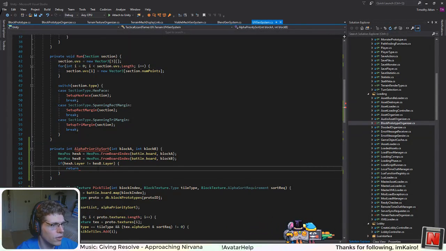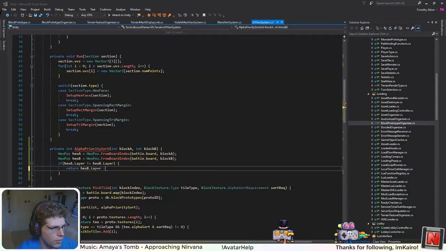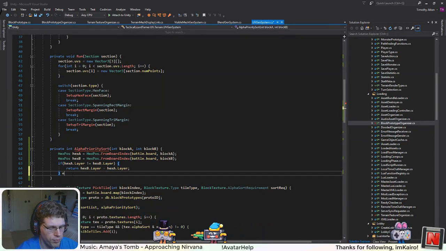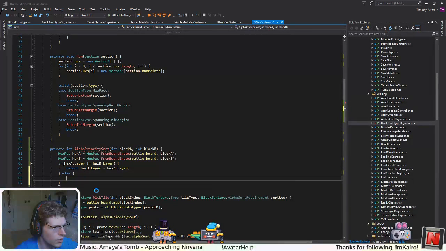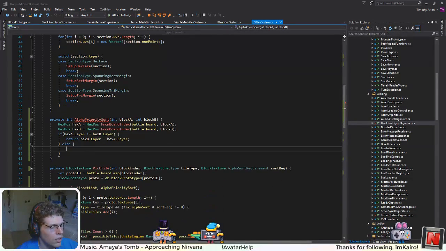Anyway, so it sorts ascending, so we want whichever one has the higher layer to appear first in the list, so I need to subtract hex b dot layer from hex a dot layer, because if a is higher, then this value will be negative, which means it will sort a earlier in the list. Okay, but if they're equal, then we'll go by some priority value. So let's see. Priority A